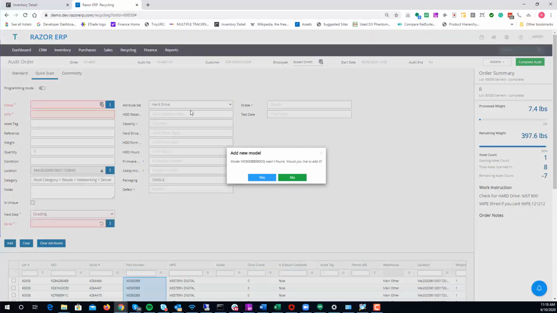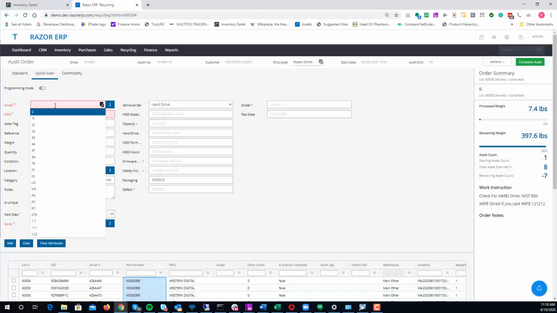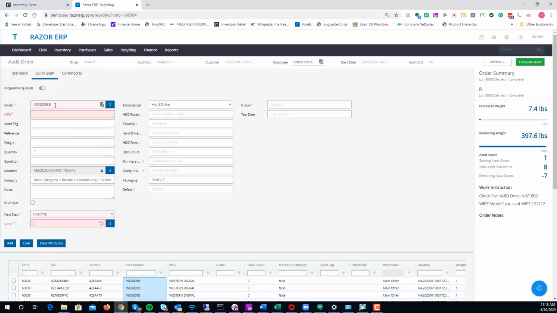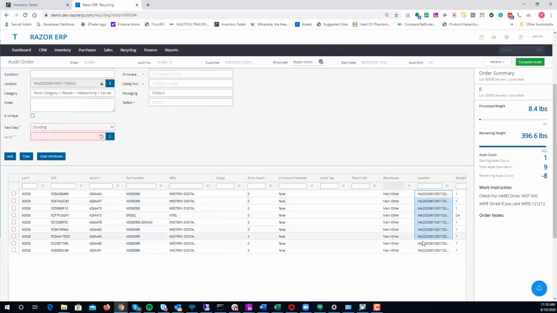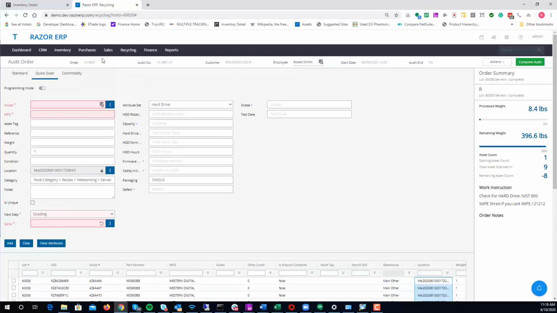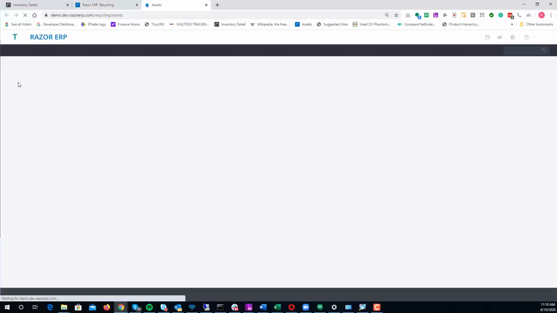You've got to be careful to go at a set speed, otherwise you'll get something like this where I scan too quick. But if that happens, just start back over. We'll scan and then scan the serial number. So that's how you use the Quickscan function, and you can see they're all input in the system under the proper location. And if we went over to the assets page, you're going to see all those products that we just scanned in the grading section or grading workflow,